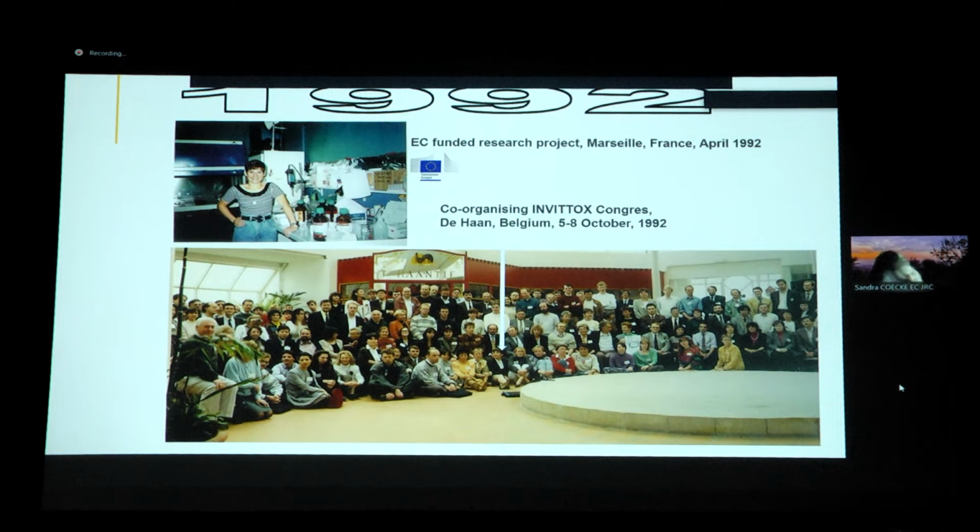What I also learned quite early is that in this field, to have some progress, you have to work together. So we started with the first conferences, the Invitrotox Congress. Now it's called EUROTOX. And several of you, I know, might be going to the conference, which will be in Barcelona at the end of this month. So this was one of the first conferences that we organized with my professor Vera Rogiers at that time. I had a fantastic job: I had to look for the venue where we had our conference dinner. So I loved that job.